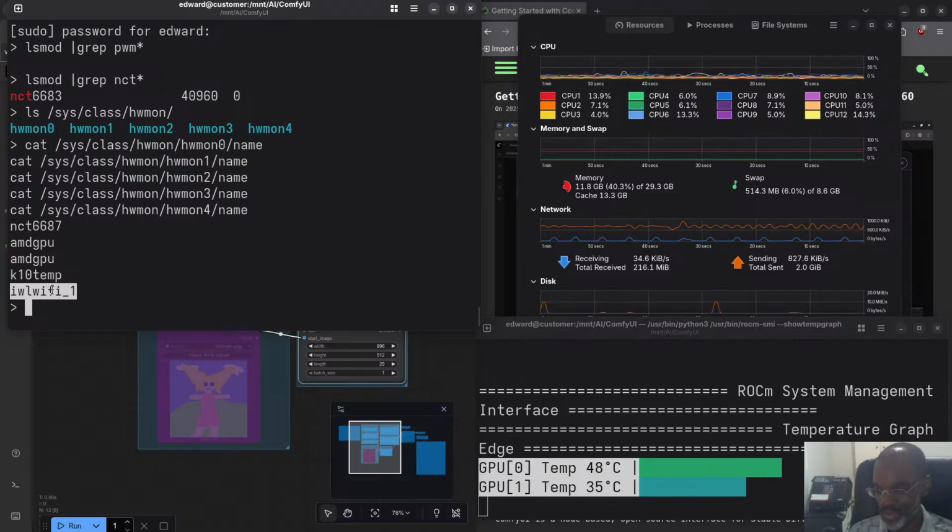So Wi-Fi one we don't care about, that's a dedicated card, because the motherboard didn't come with Wi-Fi. I had to use the Wi-Fi card from the old workstation. So now,